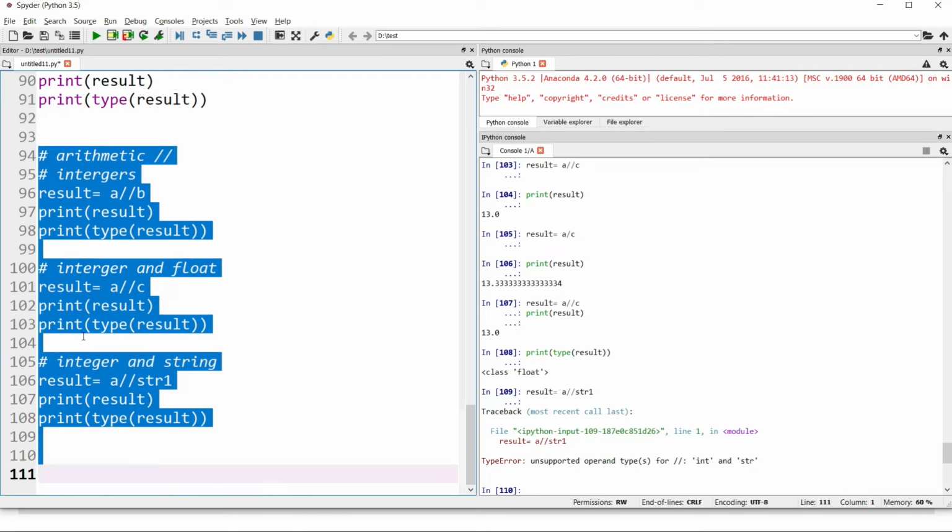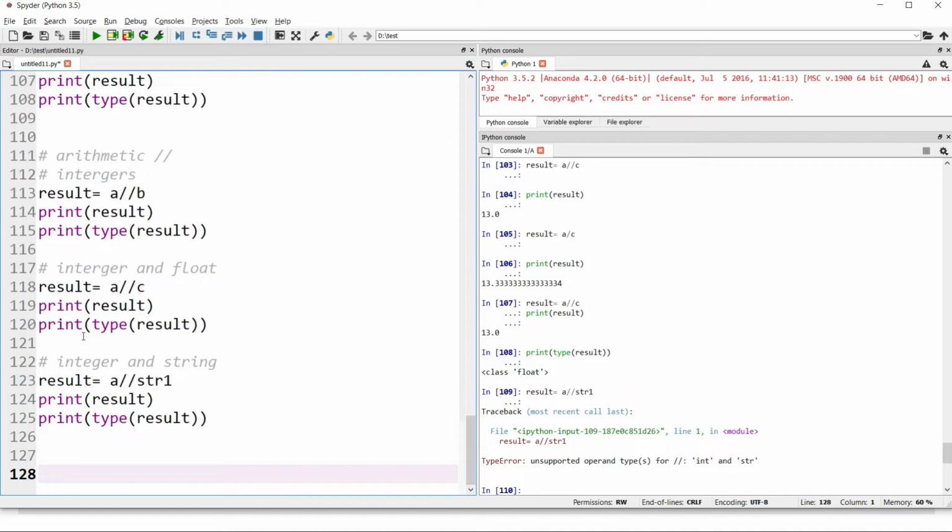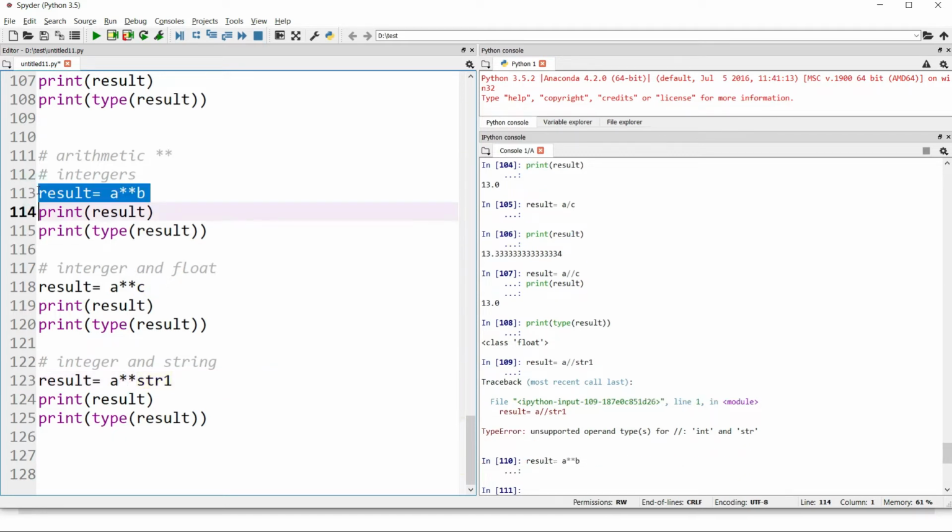And now moving on to our very last operator, that was exponent operator. So it's like 20 raised to the power of 10. This means 20 raised to the power of 1.5, and this means 20 raised to the power of ABC. Now let's see.